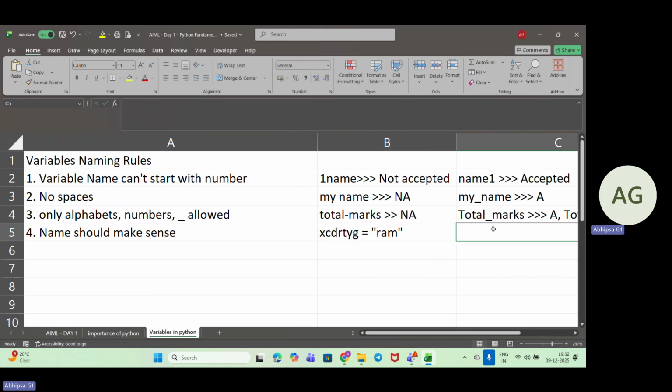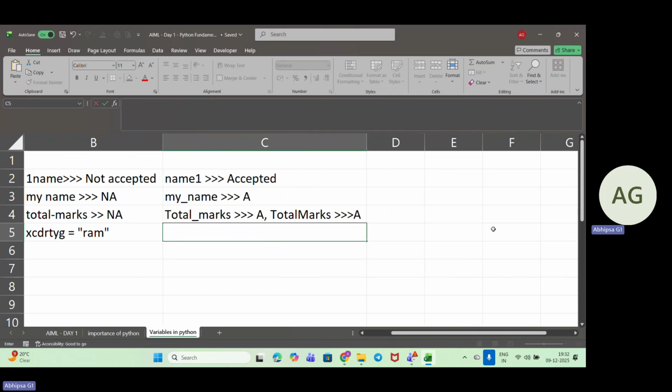So it would be better if we are giving it as student name equal to Ram. Right? So it is understandable that this Ram is a student and the student name is Ram. That is understandable, right? So this we need to take accordingly.